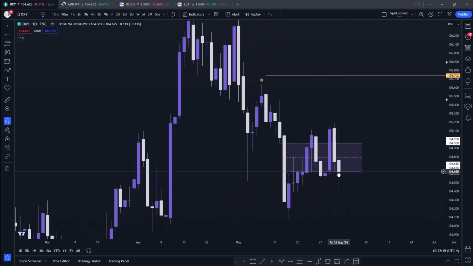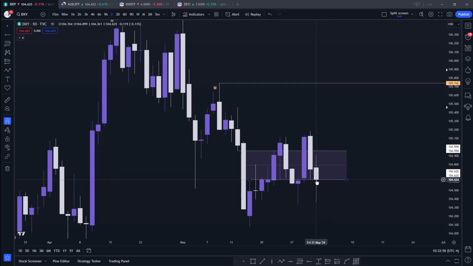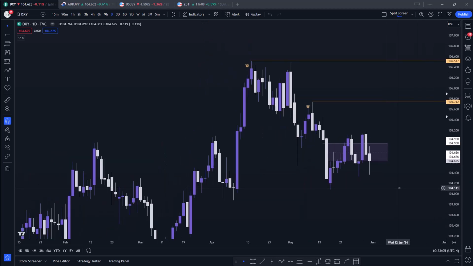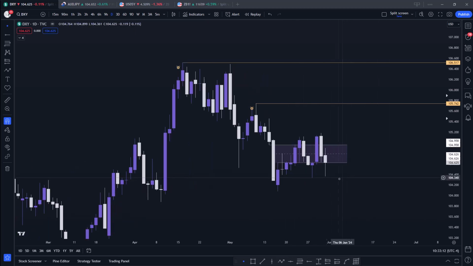Well, technically speaking, we've closed outside of it, but excluding the tiny body outside of it, this could be the manipulation that was needed, and price could just literally keep going higher from here, giving us a proper shift in structure to continue higher. So in other words, if I want to trade the dollar, I would not only be waiting for a displacement out of this imbalance, this highlighted zone, but I would like to see a fair value gap created. So if we are going to displace lower,